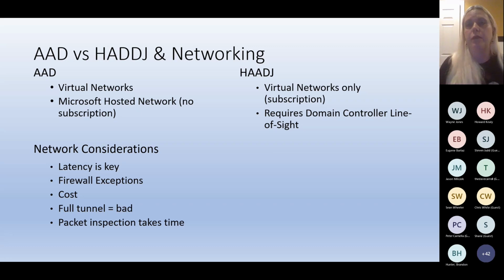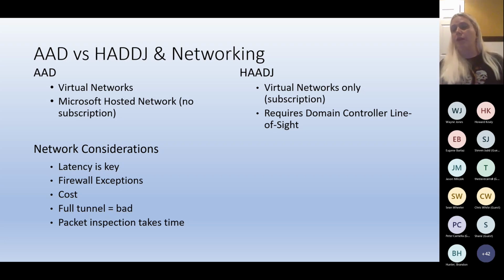The VNet needs to be deployed into a supported region where we support Windows 365, and that's how you can place it within the world. And a lot of folks are doing that. That's very valuable if you have back-end applications or internal software that needs to be accessed. You can build your VNet with a site-to-site or ExpressRoute. However you need to handle that, you can lock it down to your heart's desire as long as you leave all the requisite IP addresses and URLs exposed so we can get out and talk to the service.